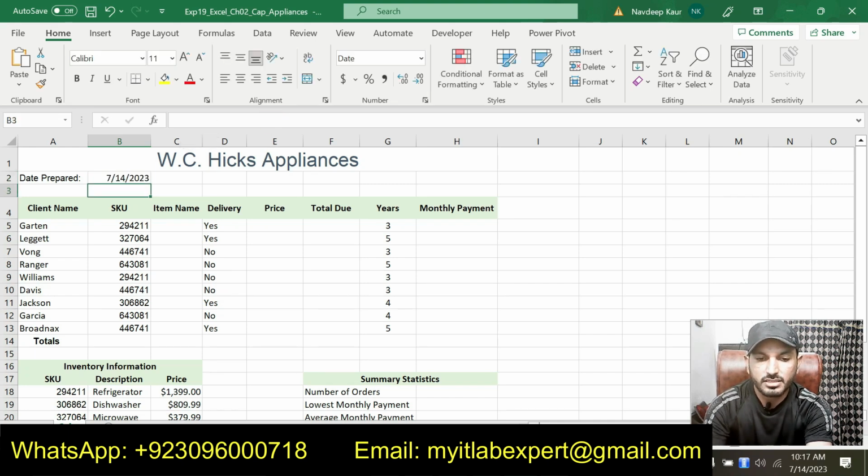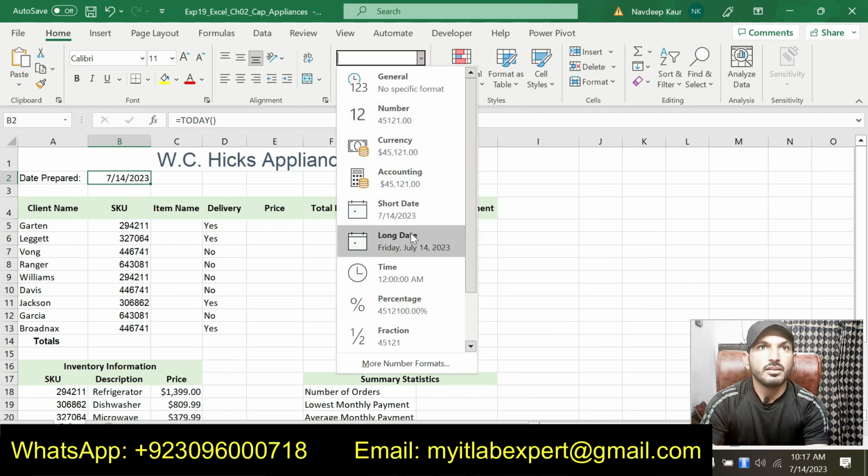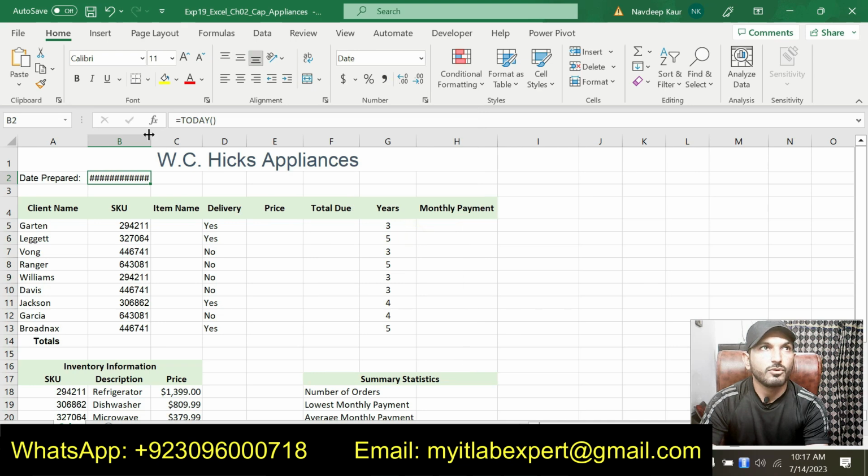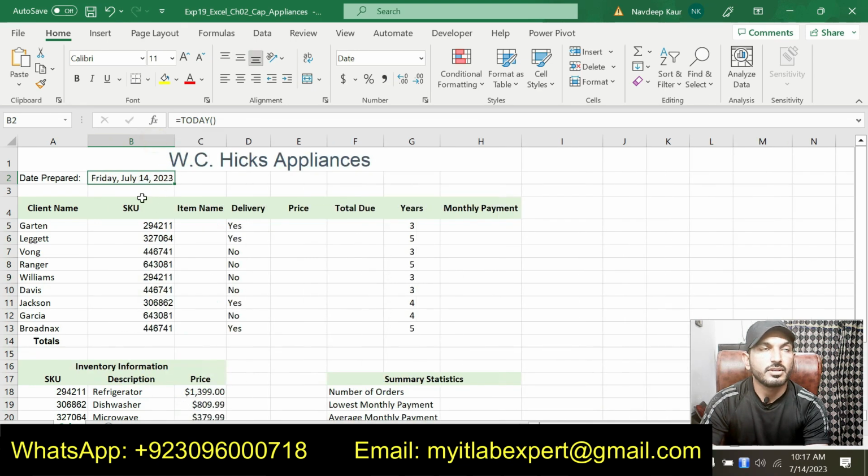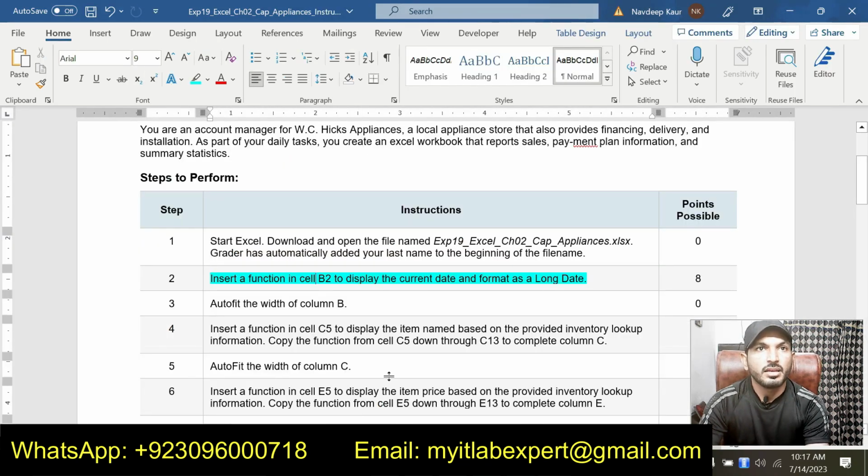This will show us the current date. So this is our current date, and now we are supposed to format this as the long date. So format this as the long date, and we will auto fit this one. So this is the current date, and we use the TODAY function to show the current date here. So that is all about step number 2.